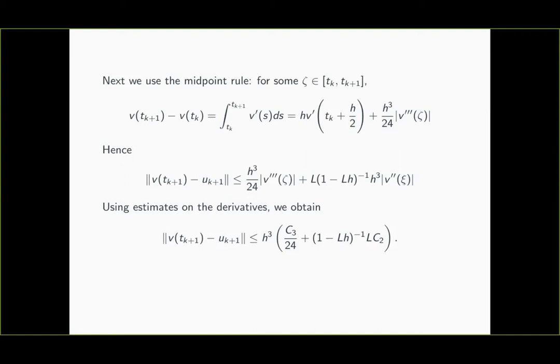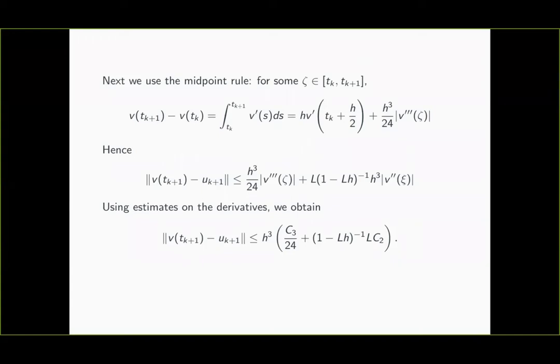So just as before, this difference v(t_{k+1}) minus v(t_k) is just the integral from t_k up to t_{k+1} of v', and that is equal to h times v' at time t_k plus h over 2. It is just h times v' at the midpoint of the interval, and then plus this error term,